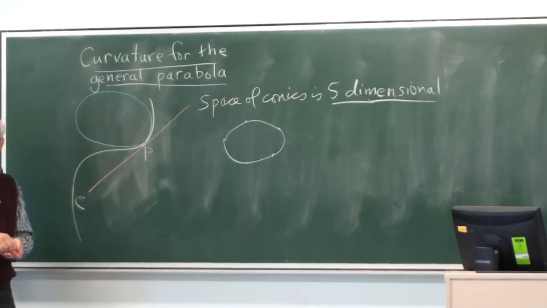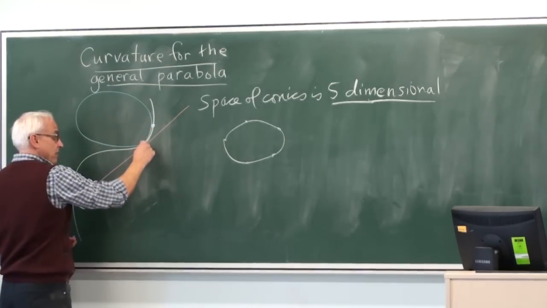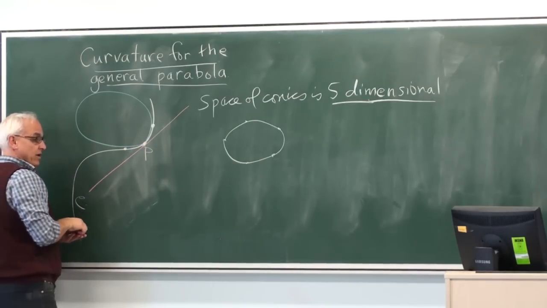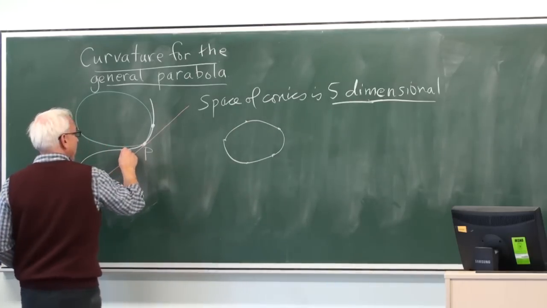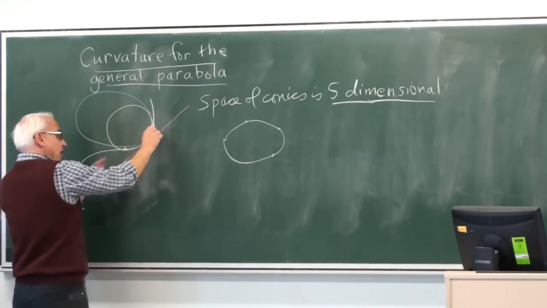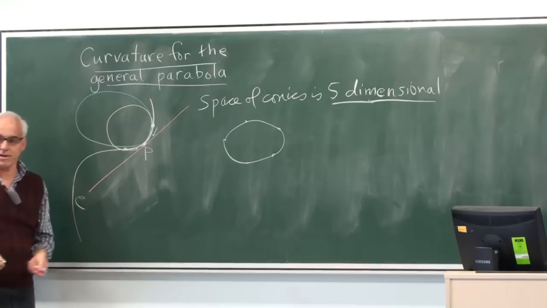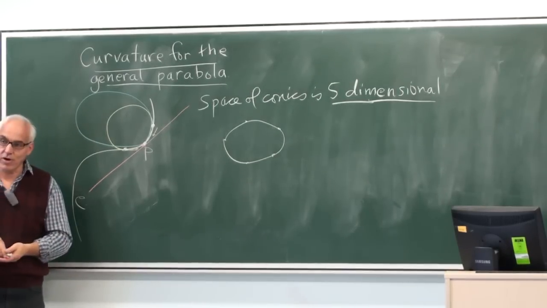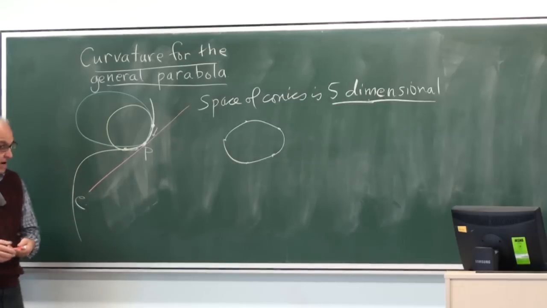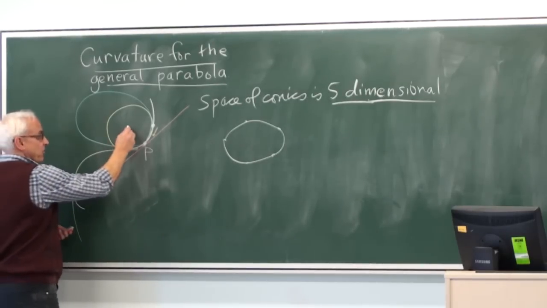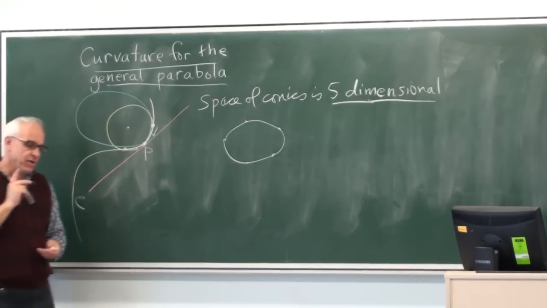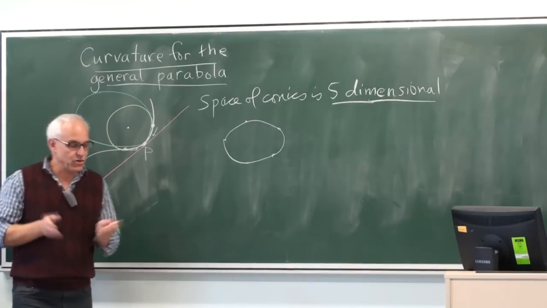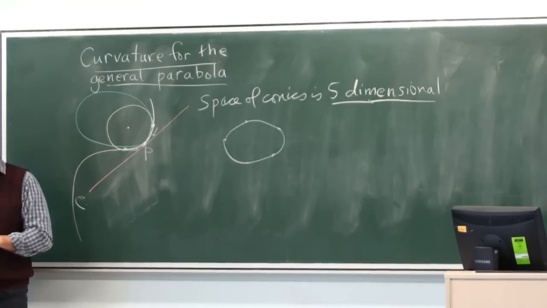Another possibility is to look at the osculating circle, which we get by taking 3 points and looking at the circle that goes through those 3, and then taking the limiting value as these points approach the given point. That's the idea that goes back to Huygens and Newton. Right? That defines the original definition of the center of curvature, as the center of that limiting circle. Okay, so the problem with the osculating circle approach is that when we go to higher dimensions, it does not generalize very easily.